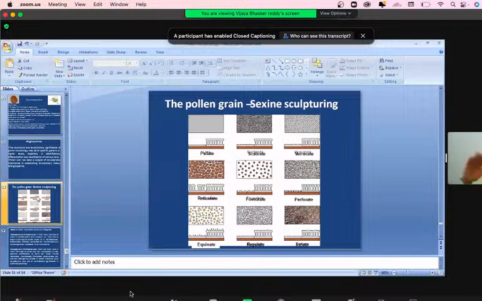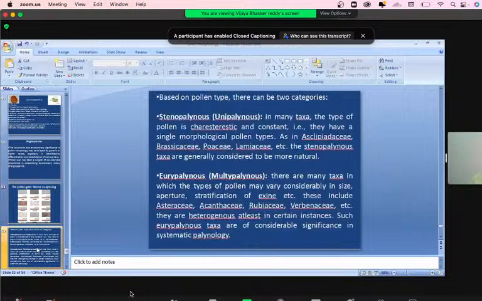So psilate, if the tectum is smooth, no ornamentation, that's psilate. Scabrate, some ornamentation. Verrucate, have round structures all above the exine. Then that's called verrucate ornamentation. Reticulate patterns, that's a supratectal ornamentation, subtectal ornamentation generally. The baculae arranged like this form the reticulum. That's called reticulate ornamentation. Foveolate, perforate, perforations, echinate, striate, etc. These are all. And basically, pollen grains are divided into two